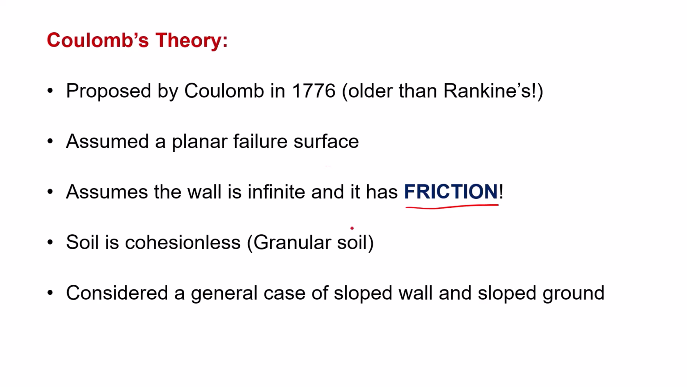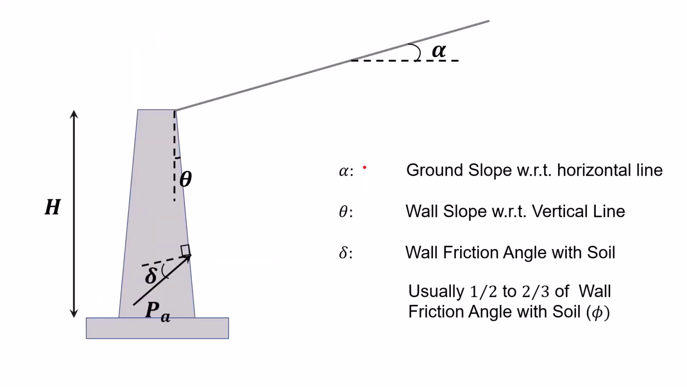Coulomb's theory is developed for cohesionless or granular soils, and it considers a general case with both a sloped backfill and a sloped wall. In the figure shown below, alpha is the inclination of the ground surface with respect to the horizontal, theta is the inclination of the wall face relative to the vertical, and delta is the wall friction angle between the wall and the soil. The value of delta typically ranges from 1/2 to 2/3 of the soil's internal friction angle, or Phi', depending on